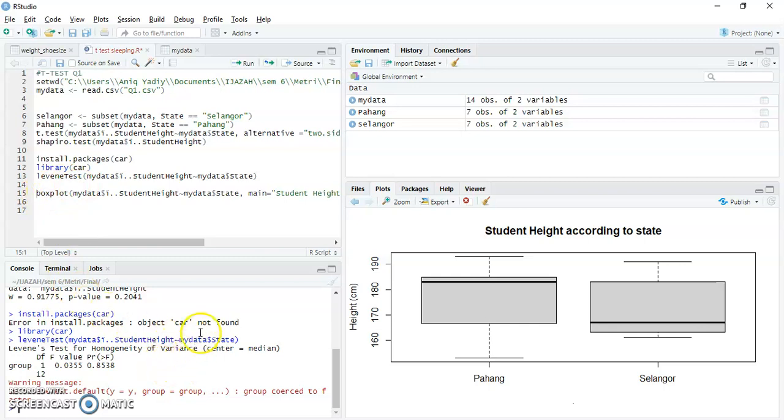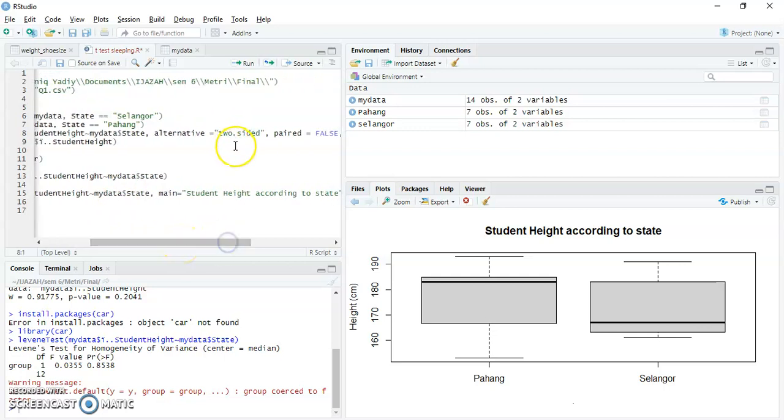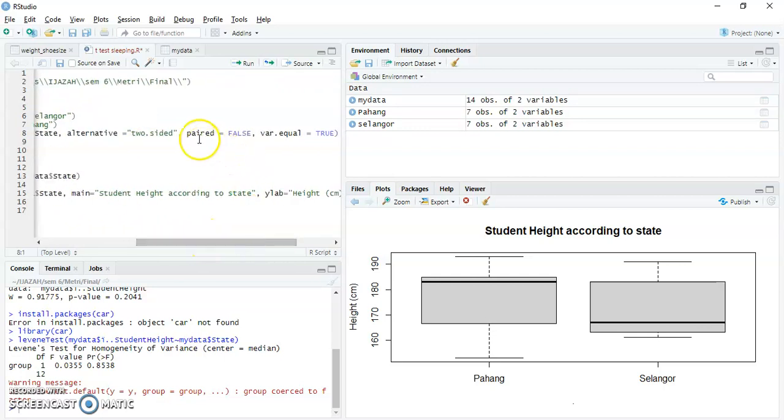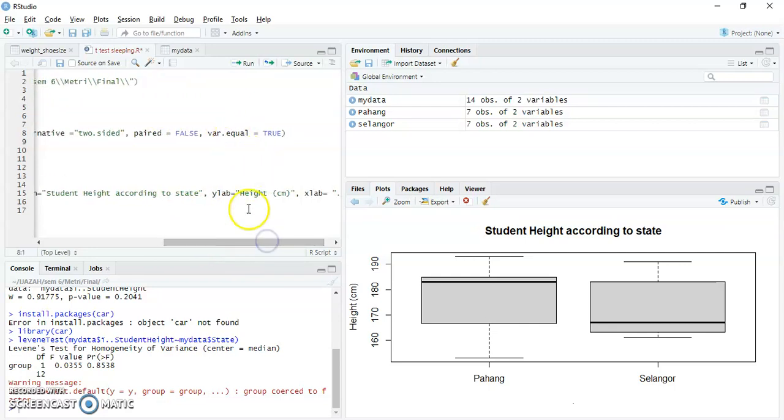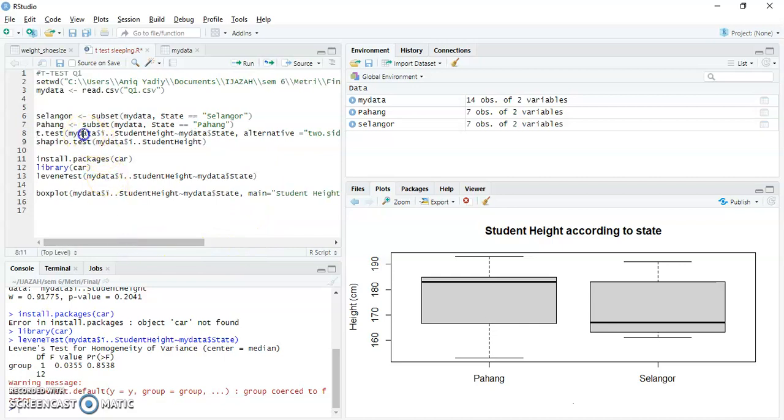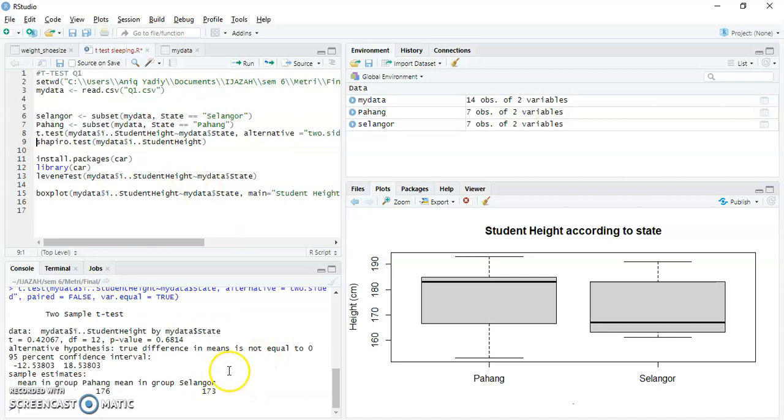So the data meets both of the assumptions to run a t-test, which is a parametric test. So we run the t-test with this script. As you can see, it is a two-sided test, it is an independent sample, and the variance is equal. So we click run, and from this